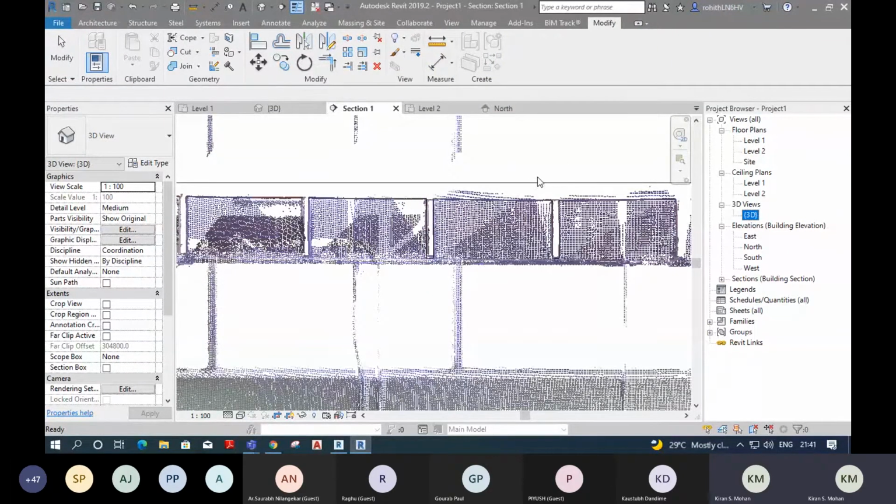Okay, now I am going back to the 3D view. Here I can see the second joist. Again, going to section 1. I'm using dimension lines.